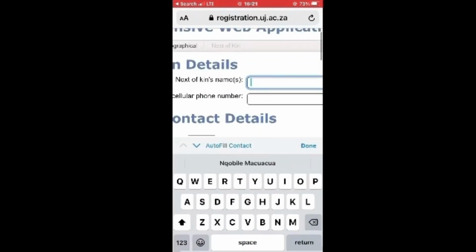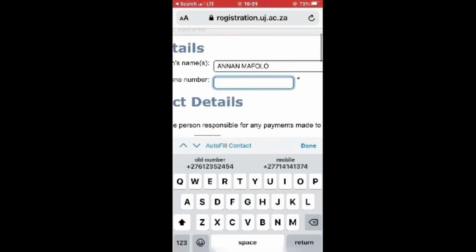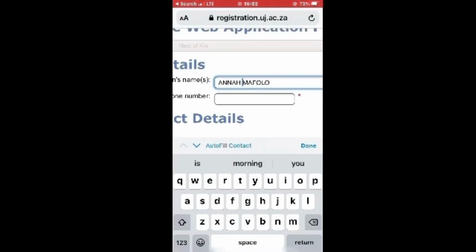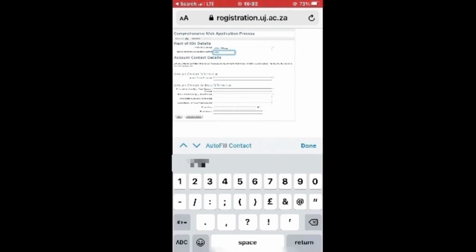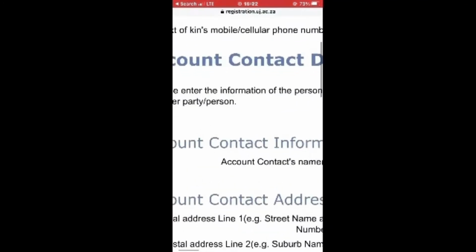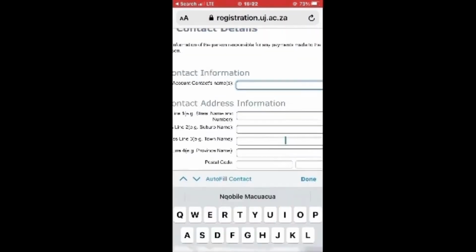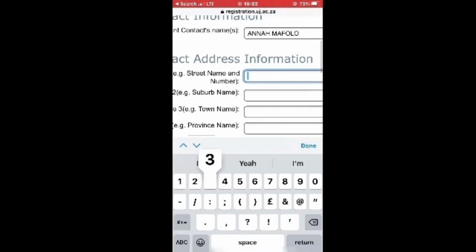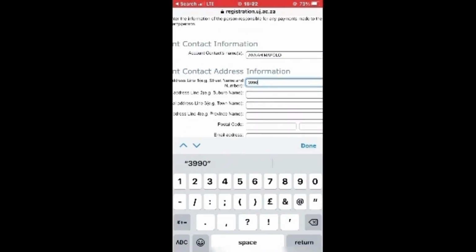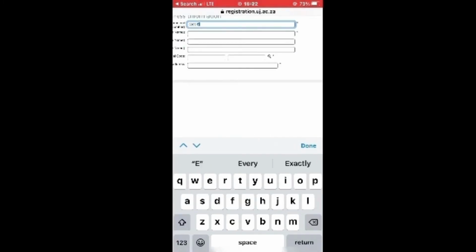On the next page is the next of kin details. So this is where you fill in your father's details, or your guardian's details. Anybody who you rely on, somebody they can call and inform in certain cases when need be. They don't normally use the information, but you have to fill it in, because in cases when it is needed, they will use it, and you can't proceed without